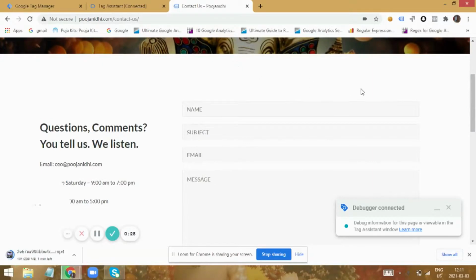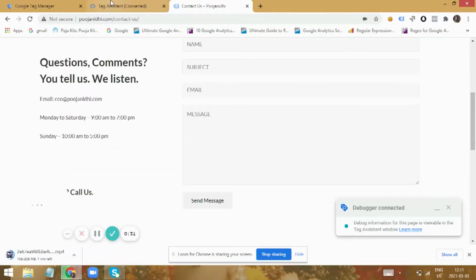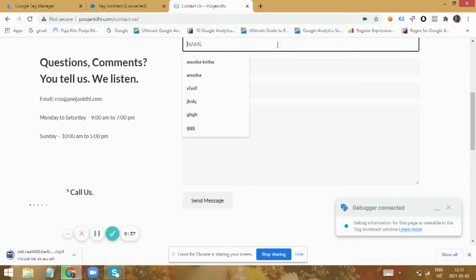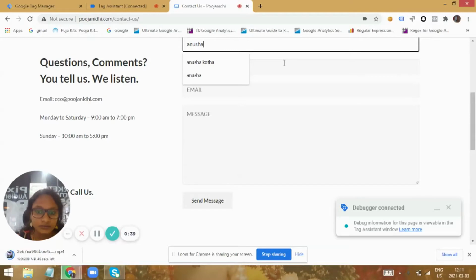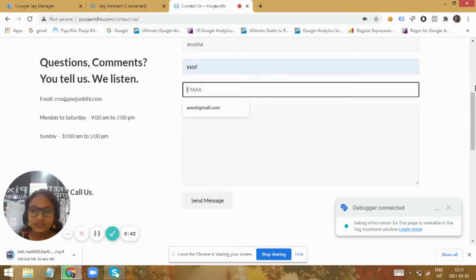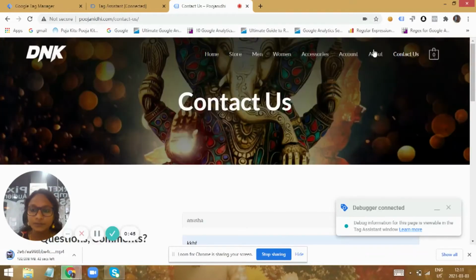If you could just see, this is the form that we are going to track. Now let me enter some names, anything, and I'm just leaving without filling the email field, getting to some other page.